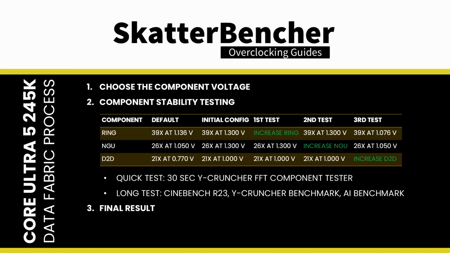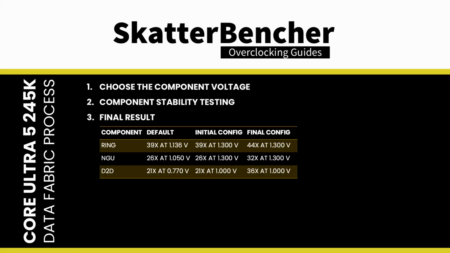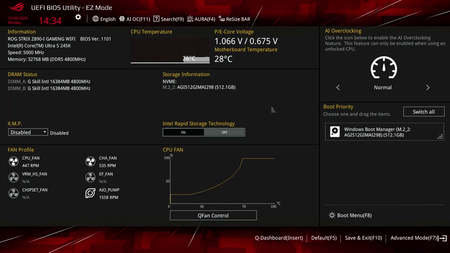I find that typically Cinebench R23, Y-Cruncher Benchmark and Component Tester, and AI Benchmark are very sensitive to data fabric overclocking. This process might take a while, especially if you're trying to figure out what's the maximum stable frequency. Of course, once you've gone through all of your stress tests, you also want to make sure that it passes all of your benchmarks. Ultimately, I ended up with a 4.4 GHz ring, a 3.2 GHz NGU, and a 3.6 GHz D2D. Upon entering the BIOS,